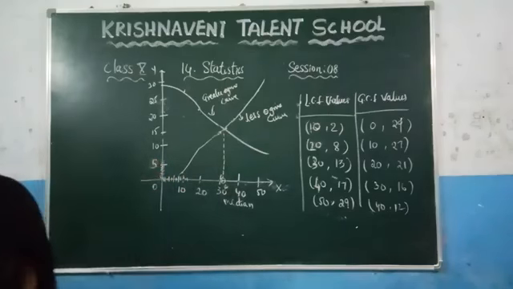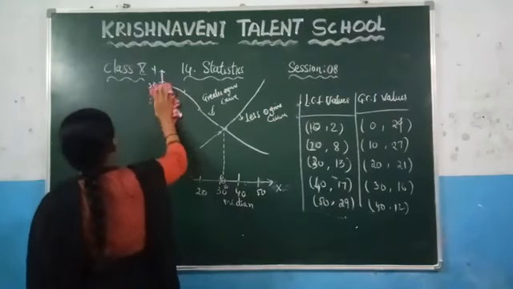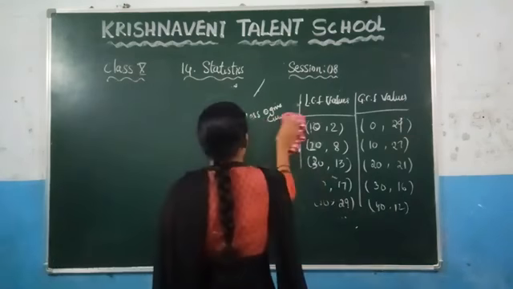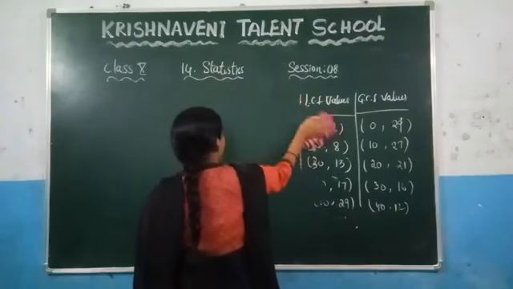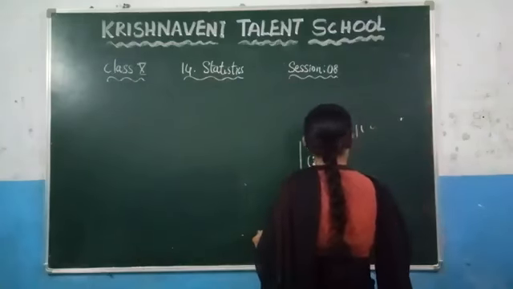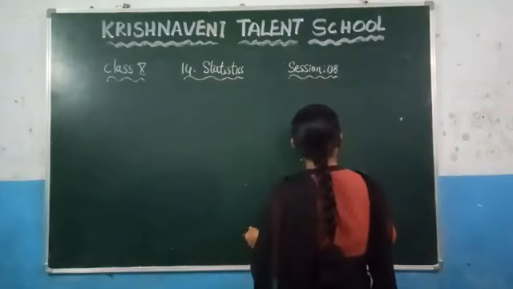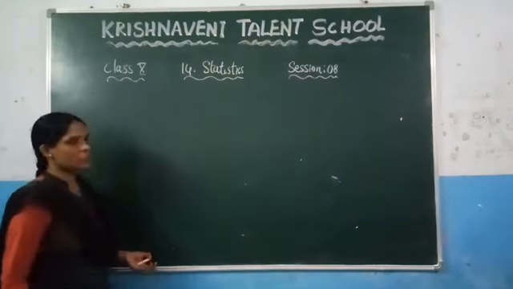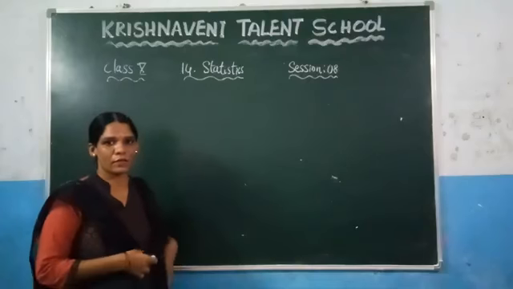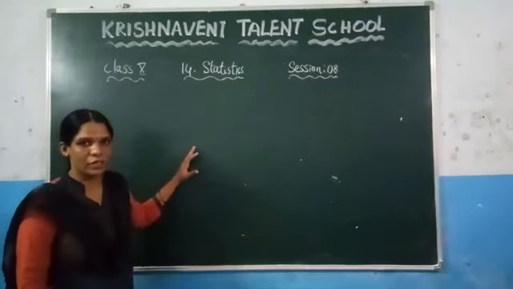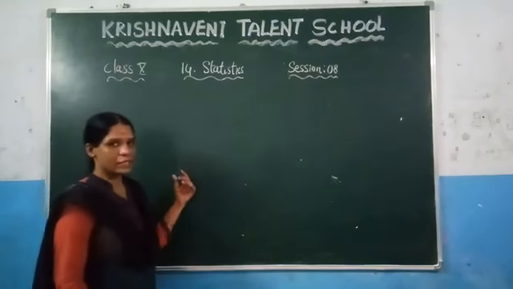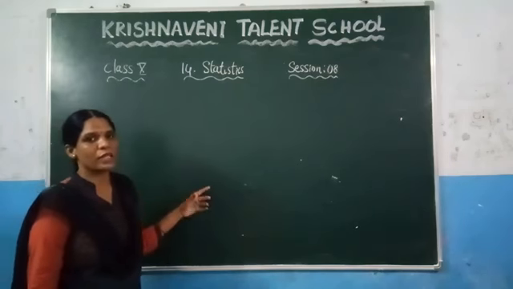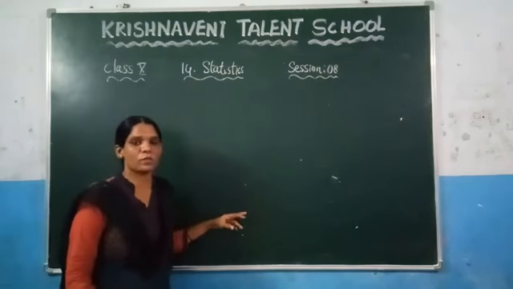Now see the next one. What we have discussed so far: if you are given class intervals and frequencies, first you need to calculate the less cumulative frequency. For calculating the less cumulative frequencies, you need to go from top to bottom, and for calculating the greater cumulative frequencies, you need to go from bottom to top.